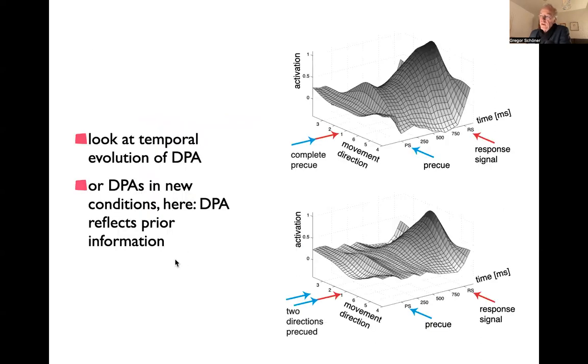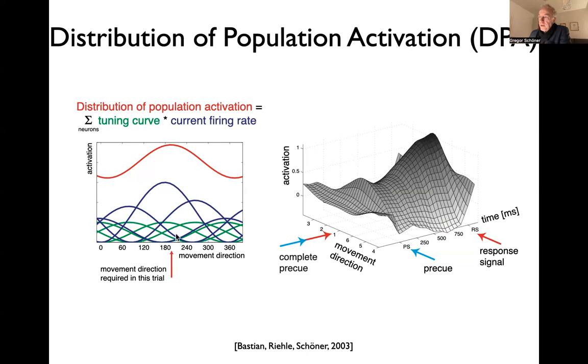So if you're looking at this movement direction, the tuning curves close to that will be very strongly active, and the tuning curves further back will be less active, and therefore the sum is articulated like that. So this vector, this direction, is the population vector, as Georgopoulos called it, and that will be the distribution of population activation. By taking the current firing rate in different time intervals, you can look at the time course of